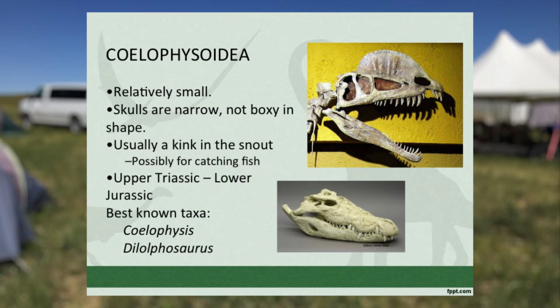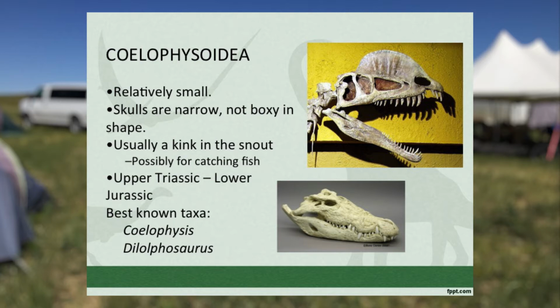What's the famous dinosaur in this group? Dilophosaurus. Did he have frills and spit venom? No, probably not. They got that from spitting cobras and the frilled lizards in Australia, but still a cool idea. They're probably relatively small. Skulls are narrow, not too boxy. So they had kind of slender skulls, and a characteristic that's unique to these guys, like Dilophosaurus, is a kink